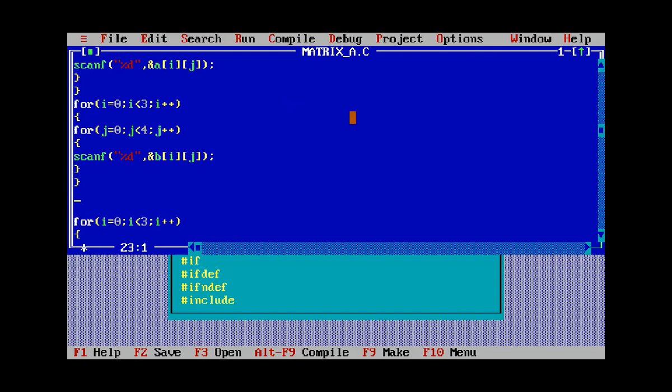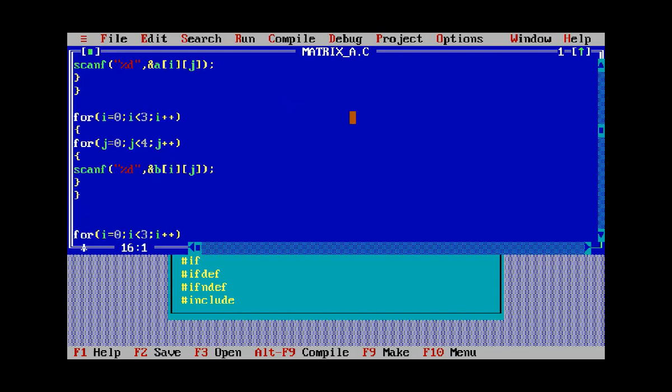So this is how we can enter the elements. We can have a statement here, printf, enter elements of the second matrix, or the matrix B.